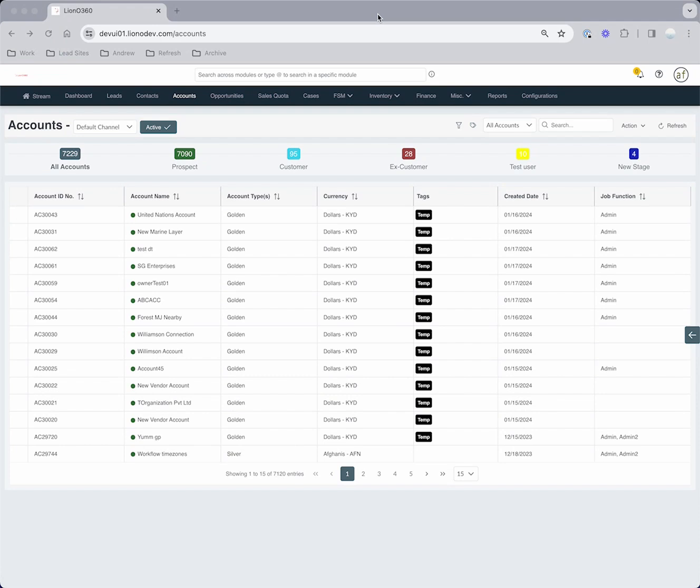Global search has long been a really great feature in LionO360, and it's kind of sneaky, hiding up here at the top of the page, and almost gets lost in all of the other great features that you have access to inside the platform. However, this release brings new functionality and an expanded search across all of the modules that we have in LionO360. From here, we've long had access to find things like leads and accounts and opportunities, and